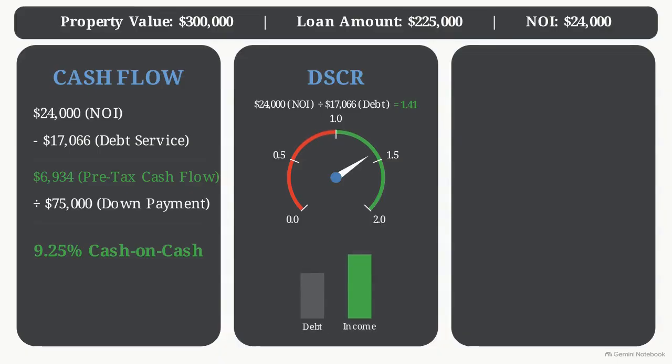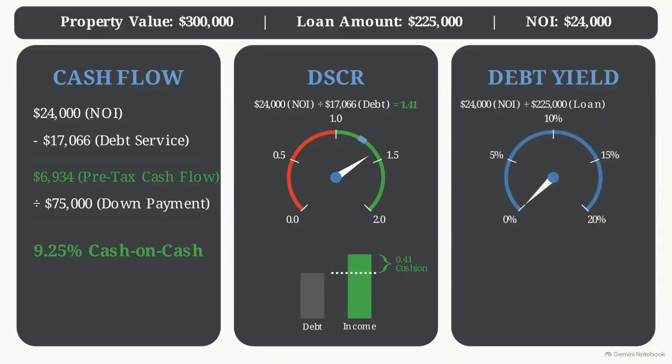Next, we calculate the debt service coverage ratio, or DSCR. Dividing the $24,000 NOI by the $17,066 debt service lands at 1.41. This means the property produces $1.41 in operating income for every dollar of debt service, creating a 41-cent cushion. Investors assume a 1.25 DSCR is a universal law, but it's a lender minimum that scales with the